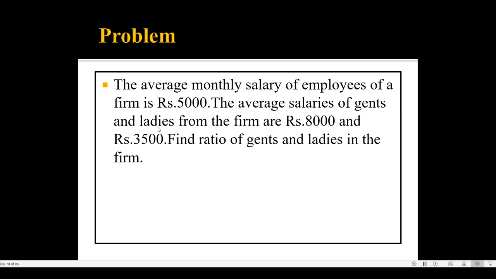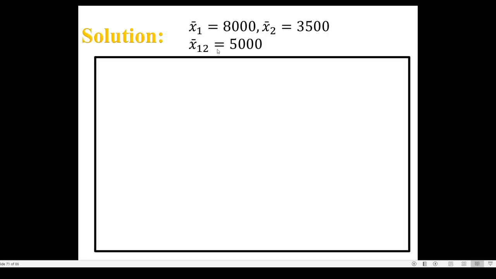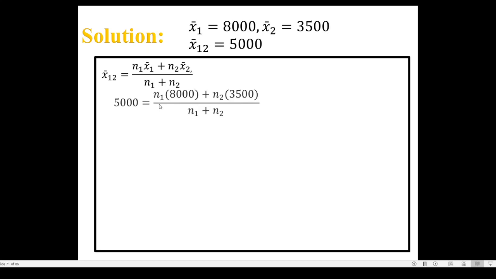We consider x1 bar as 8,000 and x2 bar as 3,500. If we put all these three values in our formula of combined mean, we get 5,000 is equal to n1 into 8,000 plus n2 into 3,500